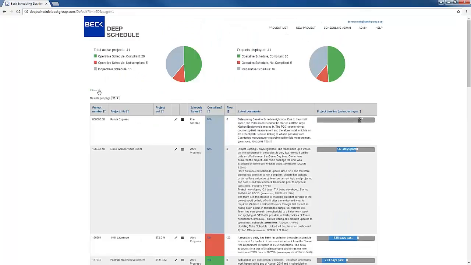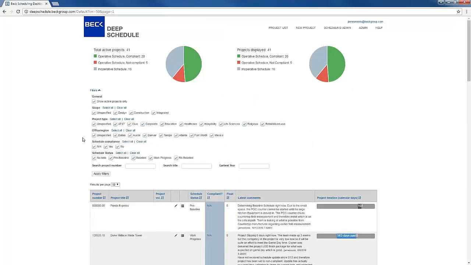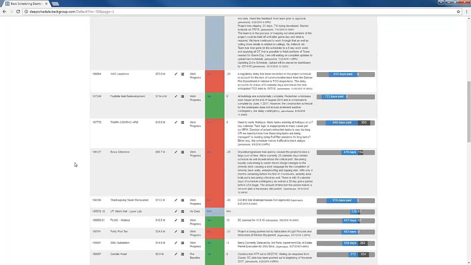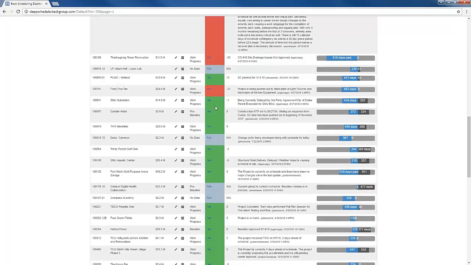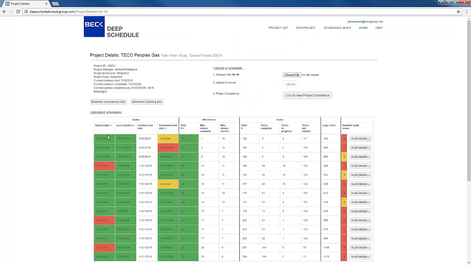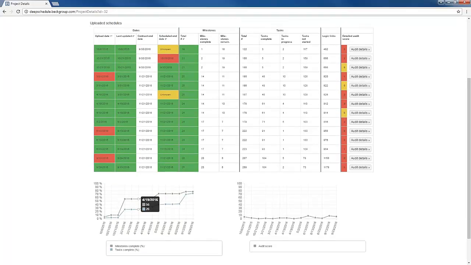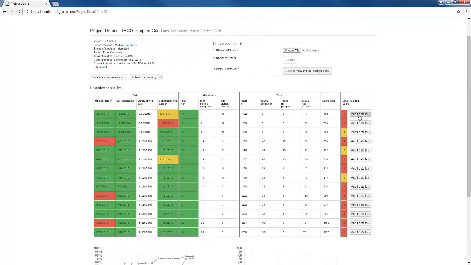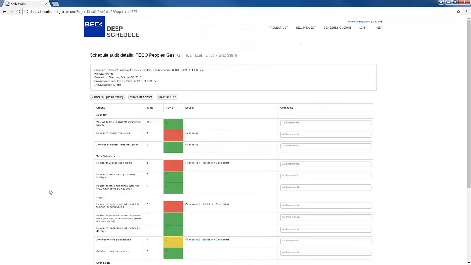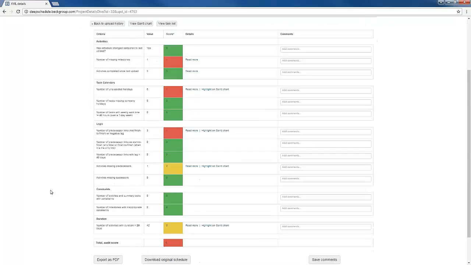and we filter by region, type, et cetera. I guess if there's multiple uploads, here's a project, and every time you do an upload, you can see the audit details, and we're tracking a lot of things: completion, audit, et cetera. So very interesting, very useful,